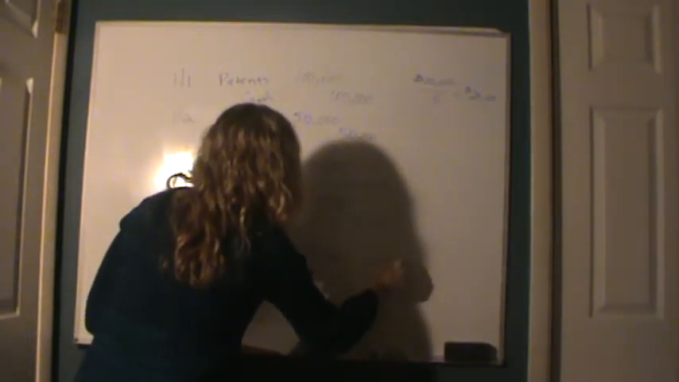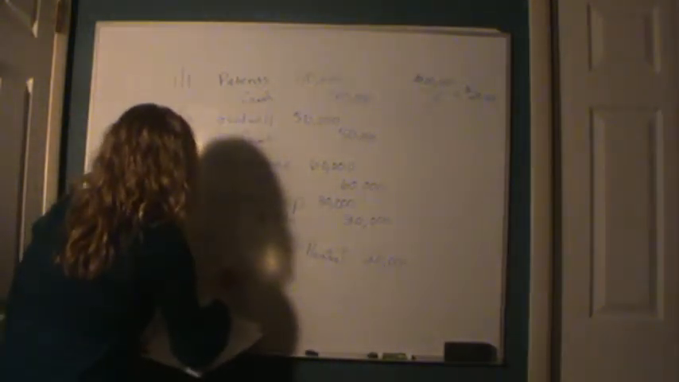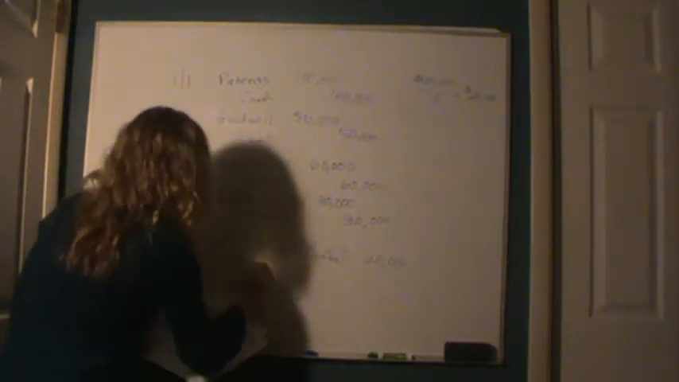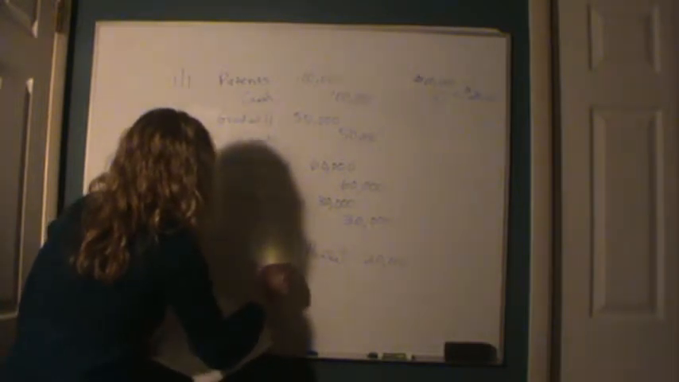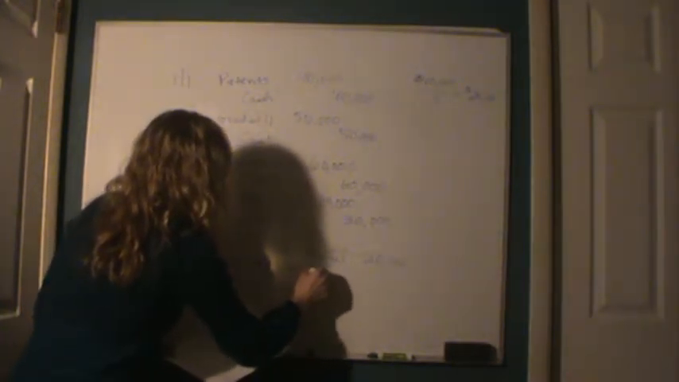So we're going to go ahead and debit the amortization expense for the patent. That's $20,000. Next, we're going to have to amortize the franchise, right? We're going to have an expense for the franchise. We're going to have to do that